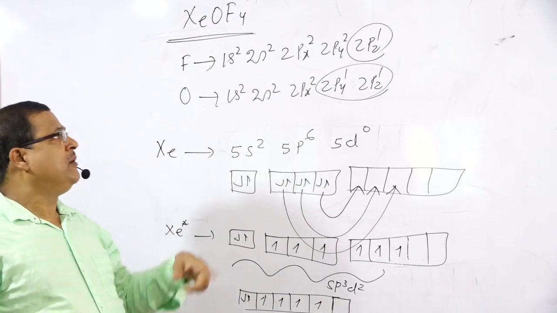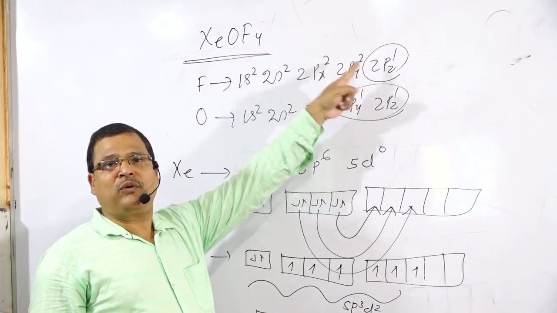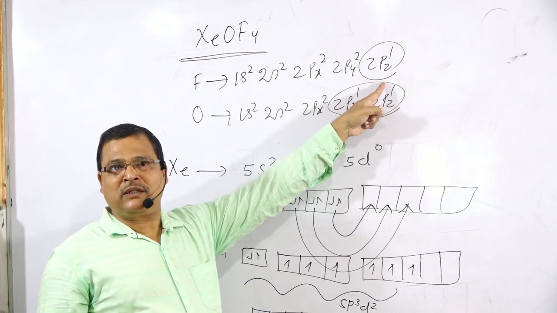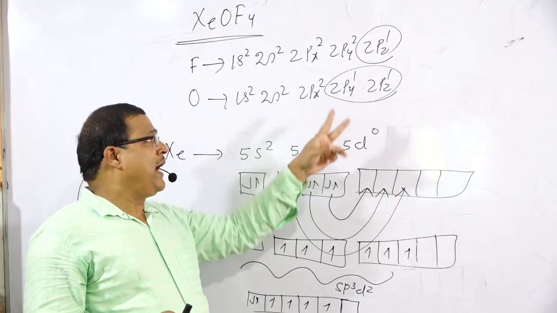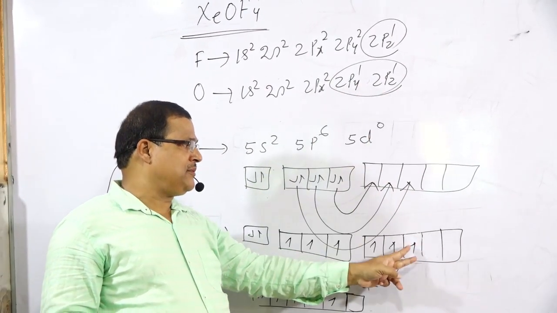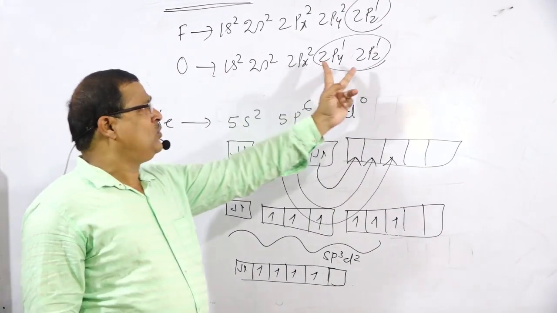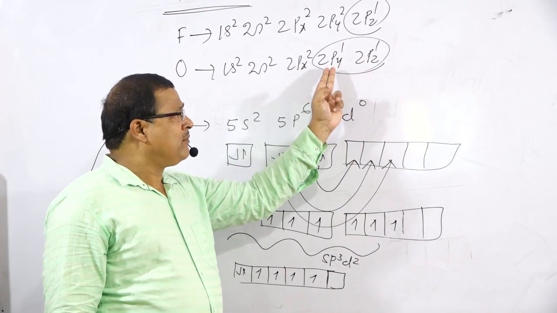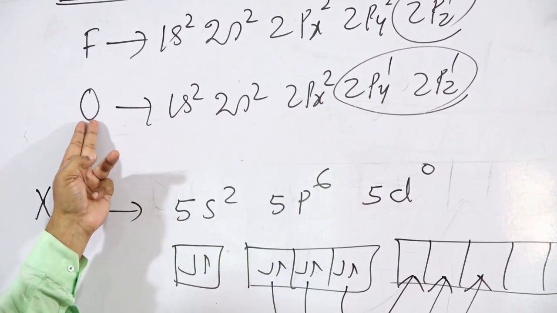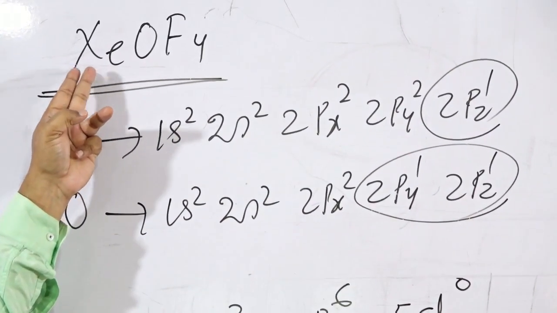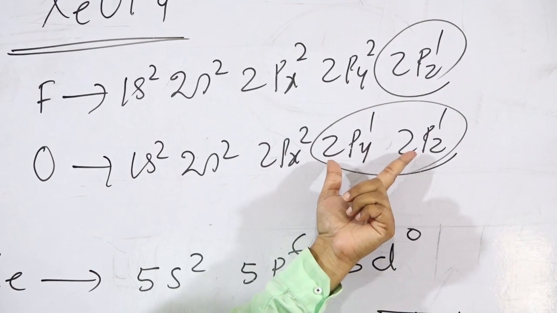Why? Because oxygen atom has the ability to form 2 bonds and each fluorine atom has the ability to form 1 bond. 4 fluorine atoms, 4 bonds, 1 oxygen atom, 2 bonds. That is 6 bonds. And among these 6, one must remain unhybridized for the formation of that pi bond. Because among these 2 orbitals of oxygen, one will form sigma, another will form pi, because the same oxygen atom will form bond with the same central atom, that is xenon. These are the 2 mutual orbitals. One will form sigma, another will form pi.